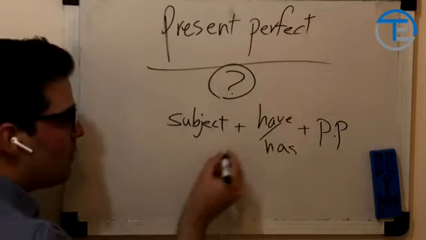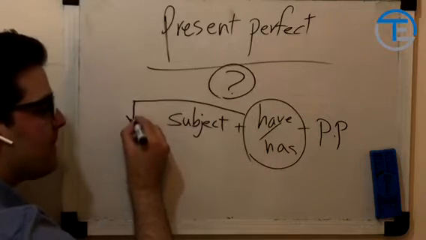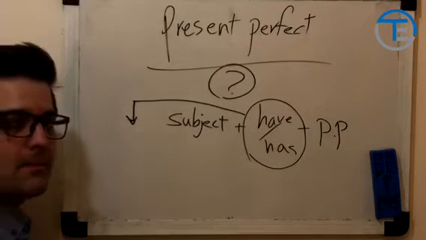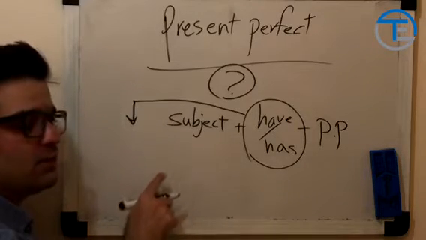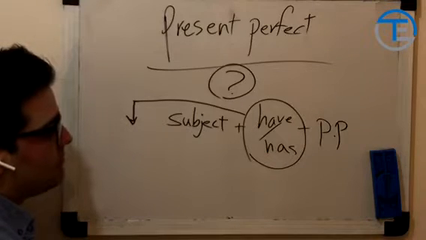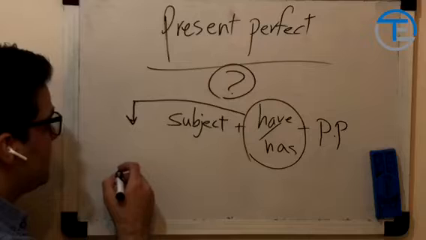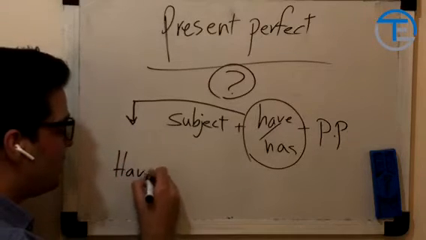So if you want to make a question like this, it's very easy. Start with have or has, then subject pronoun, then past participle. So we can say here, for example, have I